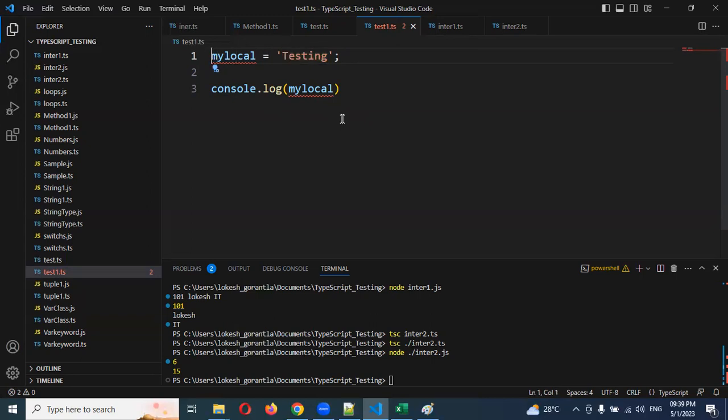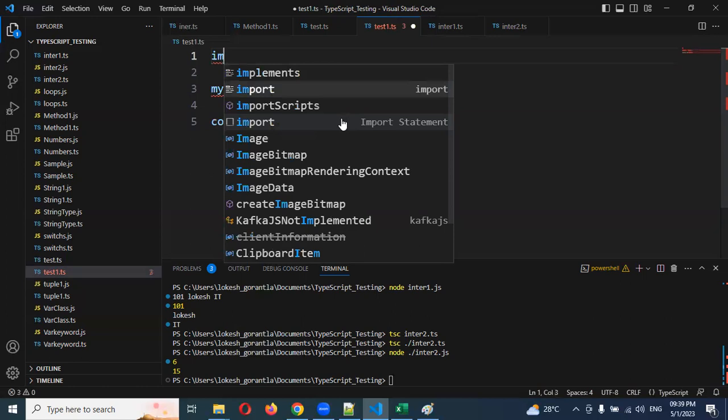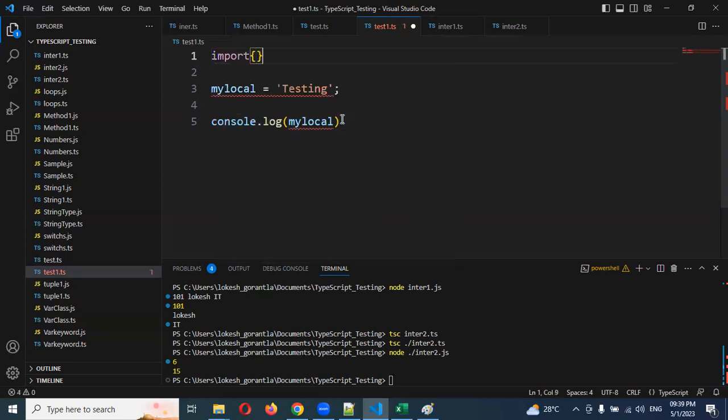Importing. For this, I can go ahead here, import, and use two curly braces. And here, which variable do you want to import? This is my local variable. Use it here. Okay. Then give some space, from where you are accessing, dot. You have to mention dot in double quotation,